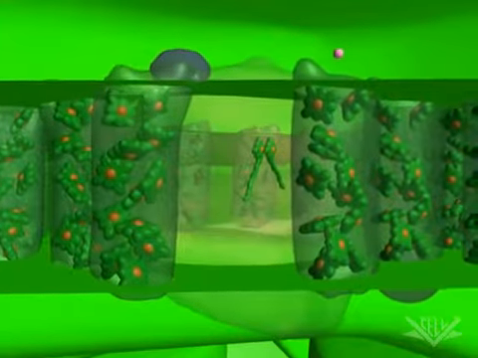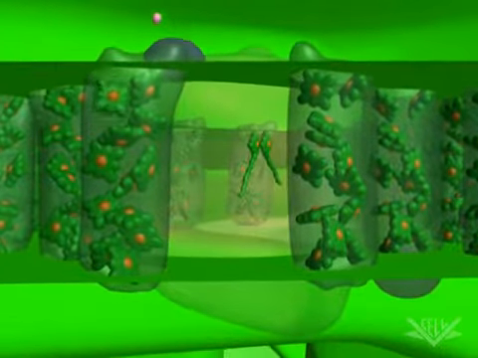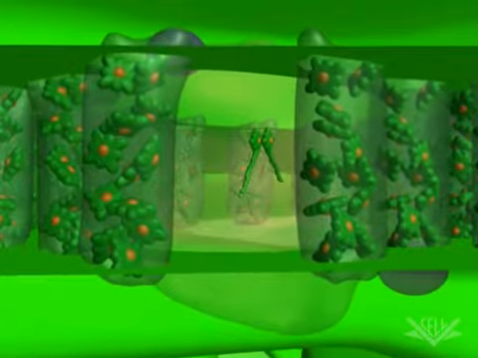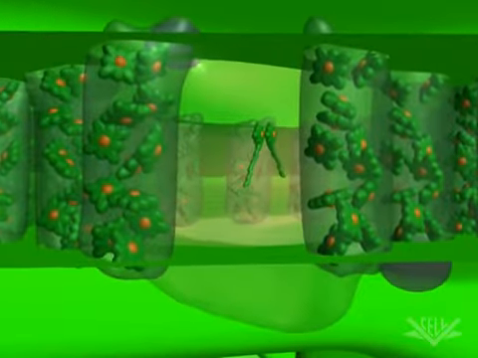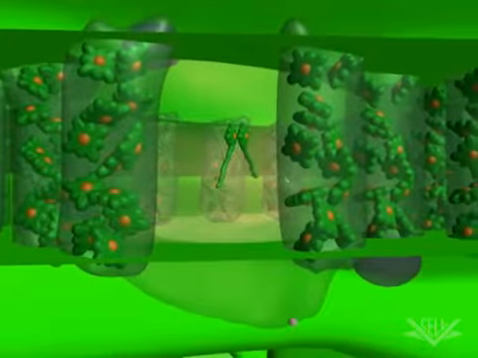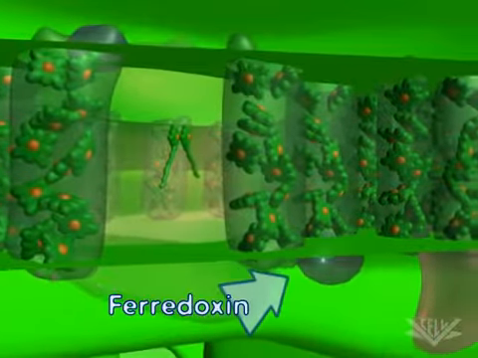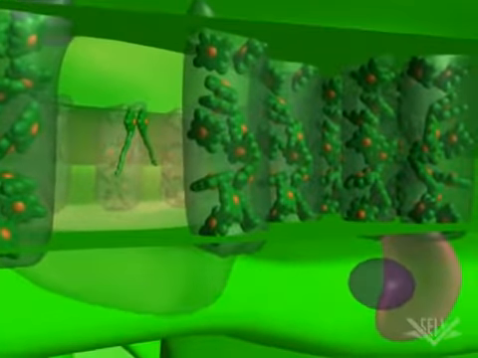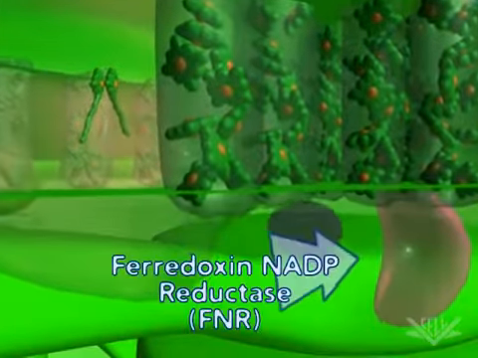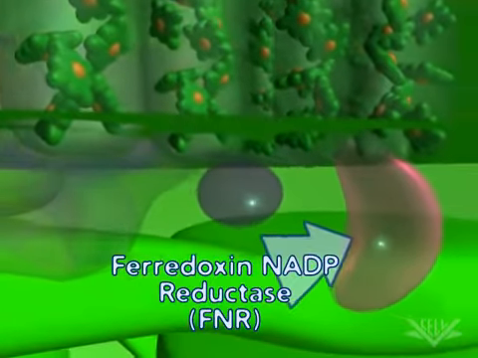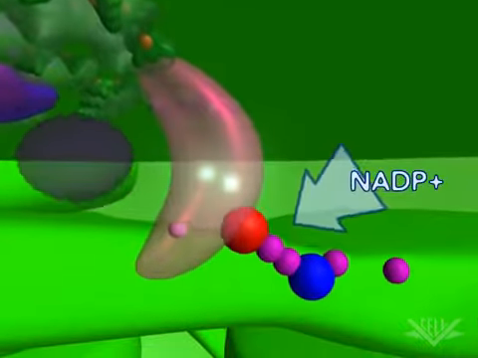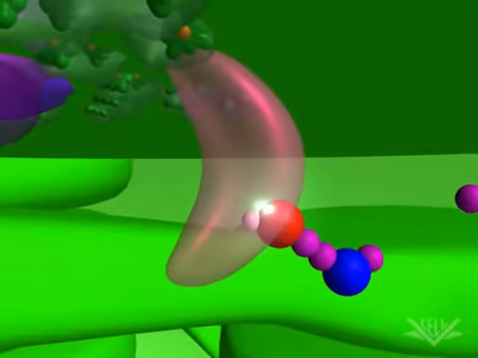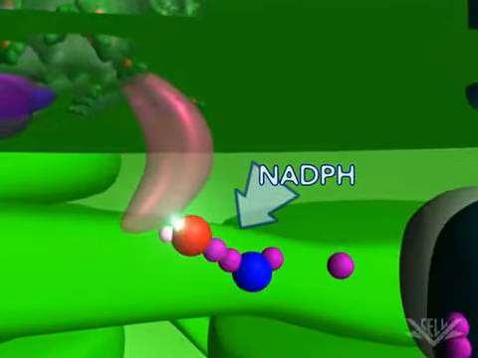It is here that photons again energize each electron and propel their transfer to ferredoxin. Ferredoxin then transfers the electrons to the ferredoxin NADP reductase, also known as FNR. After 2 electrons are transferred to FNR, NADPH is made by adding the 2 electrons and a hydrogen ion to